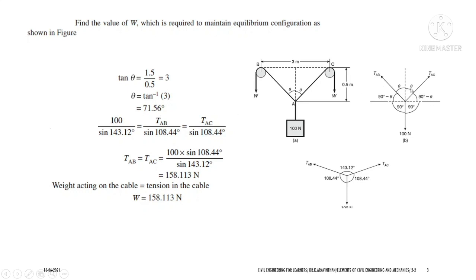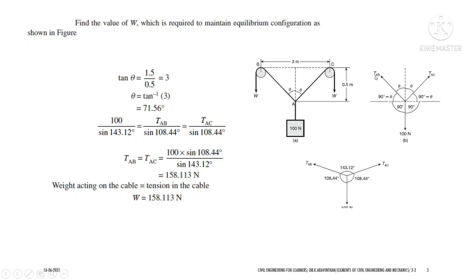After finding this, both the angles as theta, we can find the rest of the angle, that is 90 minus 71.56 will be the rest of the angle. So you have to add this and 90 degree. After finding all the angles, you can use this Lami's theorem. So 100 by the opposite angle. So what will be the opposite angle? 1 theta here is 71.56. So 71.56 into 2, and 100 by 146.12.